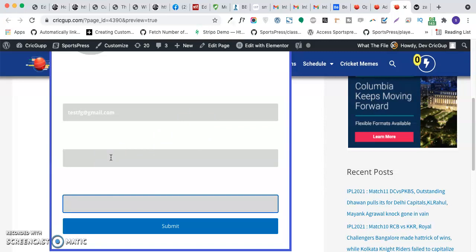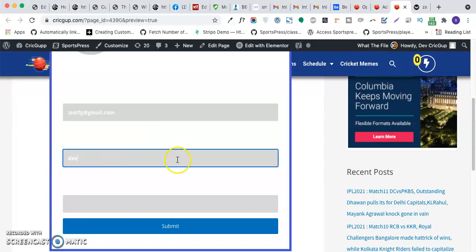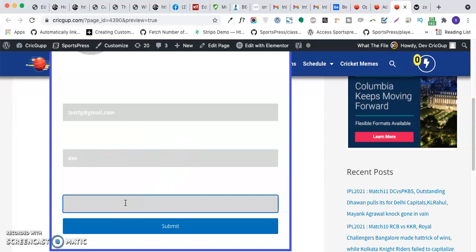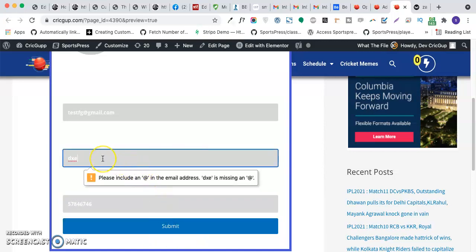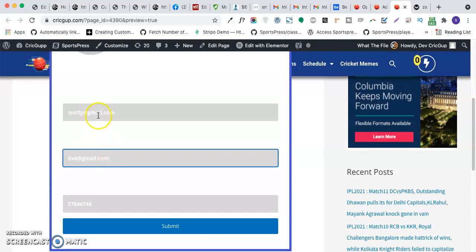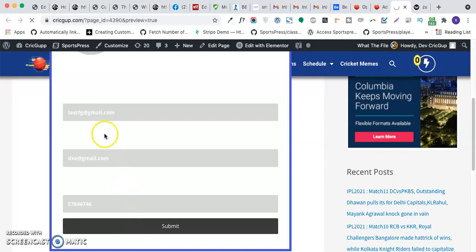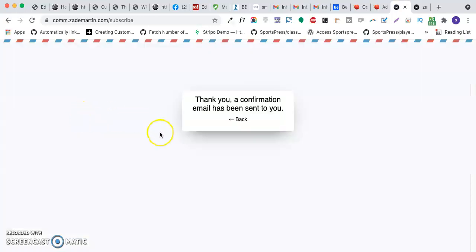I have not customized the form, so I'm assuming that the first field is email, the second one is name, and the third one is the contact number. Okay, the second one is email, as I messed up, and now I'll subscribe. I'm keeping my email name as the email as well.